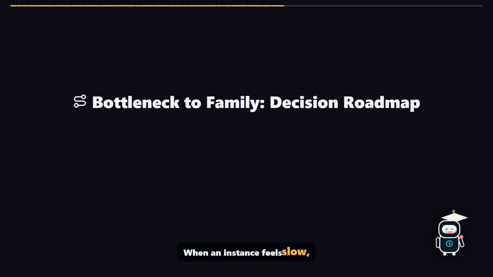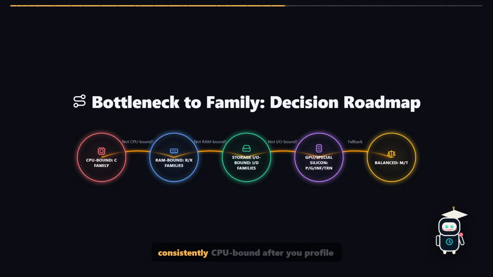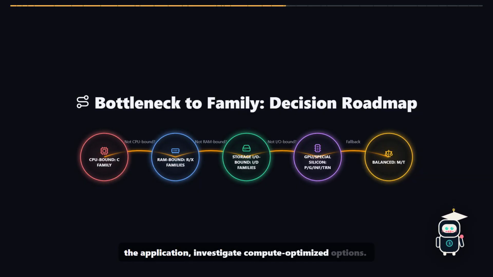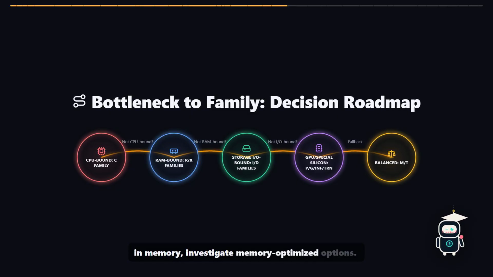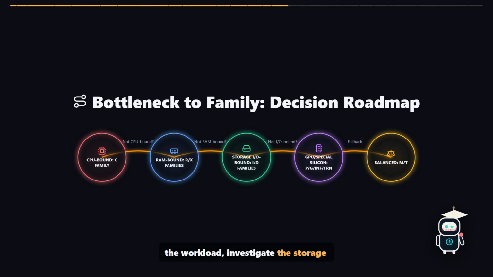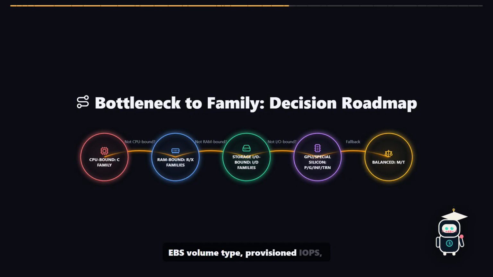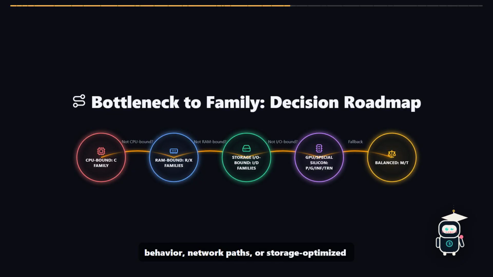When an instance feels slow, start by identifying the limiting resource. If the workload is consistently CPU-bound after you profile the application, investigate compute-optimized options. If measurements show the active working set does not fit in memory, investigate memory-optimized options. If storage performance is limiting the workload, investigate the storage architecture first. That may involve EBS volume type, provisioned IOPS, throughput, database design, caching, file system behavior, network paths, or storage-optimized instances